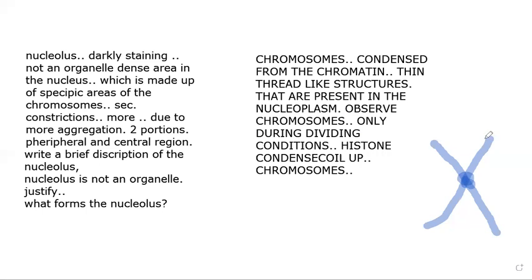This is known as the chromatid. These two are called the sister chromatids. This is known as the primary constriction. It is formed by the centromere. This constriction controls the movements of the chromatids during cell division. We will repeat this topic. I am just giving you the introduction.